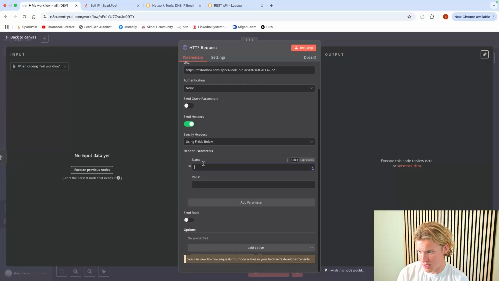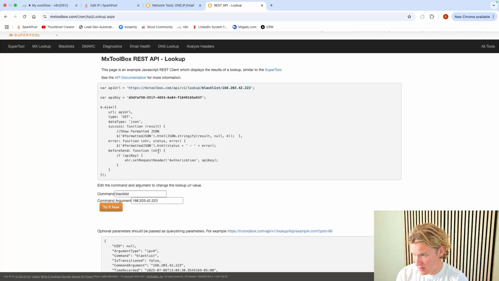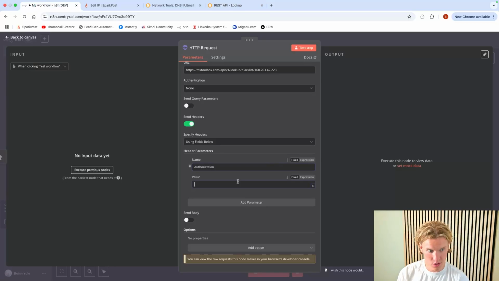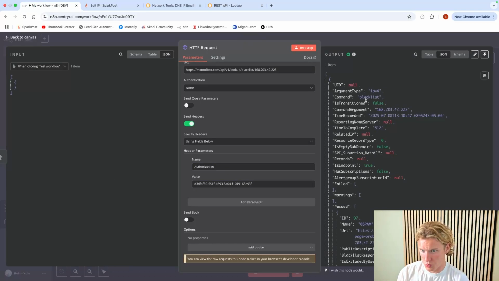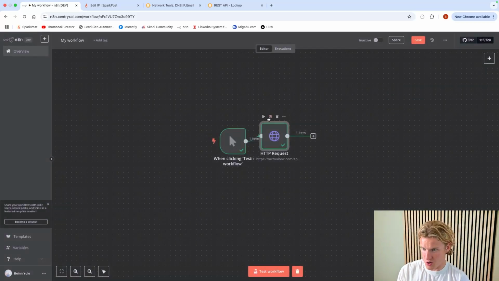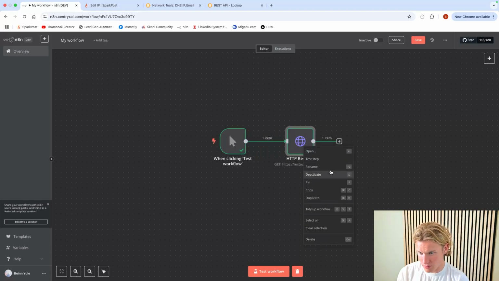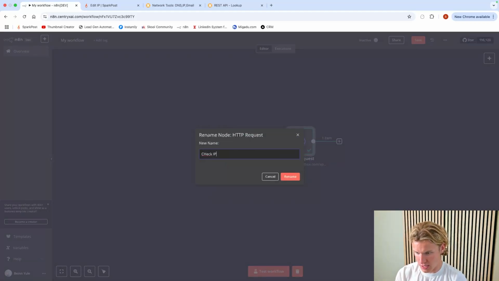Authentication, send headers. We're going to send, I'm guessing it's authorization, but let's just double check. Request header, authorization, and then API key, which is this variable here, API key. So you do authorization, and then you put in your API key like so. Let's test it. And there you go, we've got all the blacklists. You can see that failed was none. So check IP,